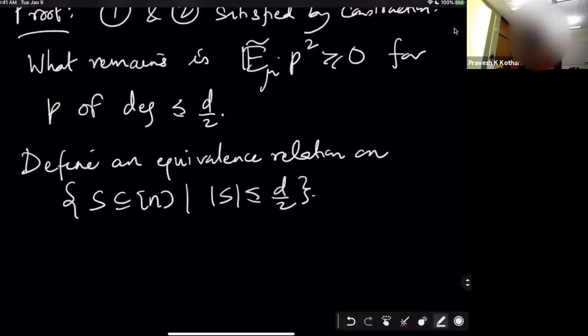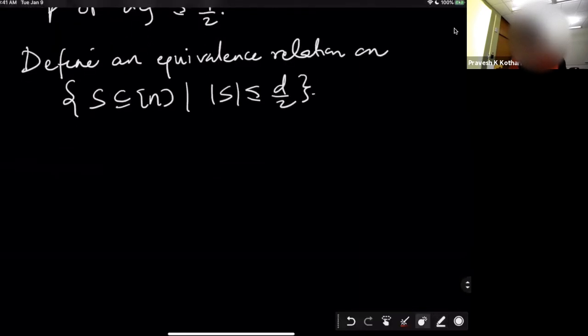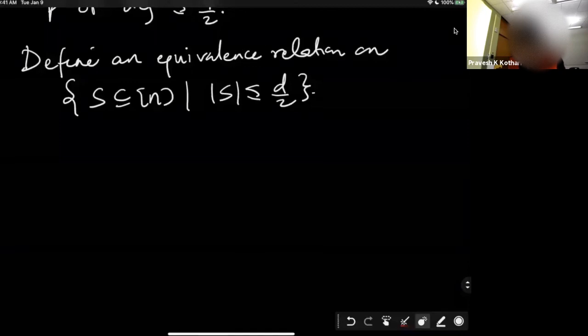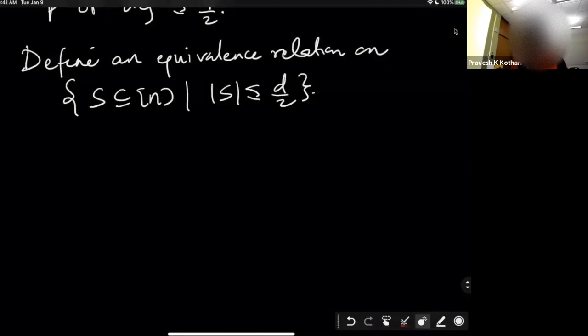And what's this relation? So, remember what an equivalence relation is? I have to prove that, so it's like I'm splitting the set of all indices or subsets of size at most d over 2 into groups, and I'm proving that it's an equivalence relation. So what's the relation? I'm going to say that S and T are related under this equivalence relation if